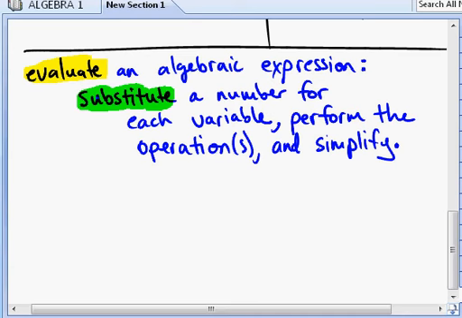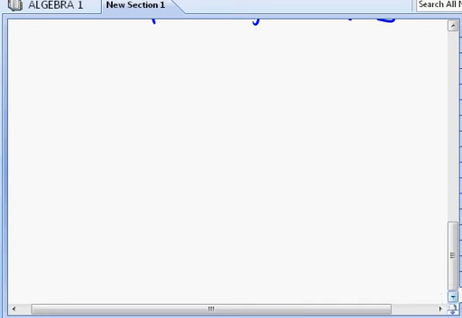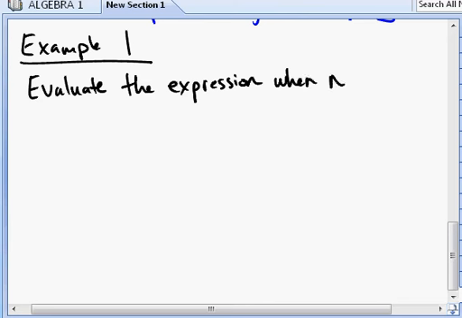So let's do example 1 together. Ready? Any questions about what an expression is? Any questions about what evaluate an expression means? Sure? Okay, here we go. So below that, write example 1. This says evaluate, which hopefully we know what that means now. Evaluate the expression when n equals